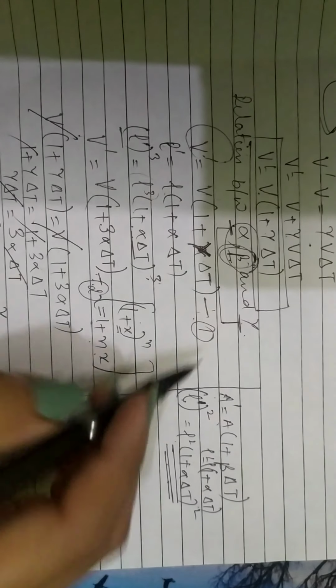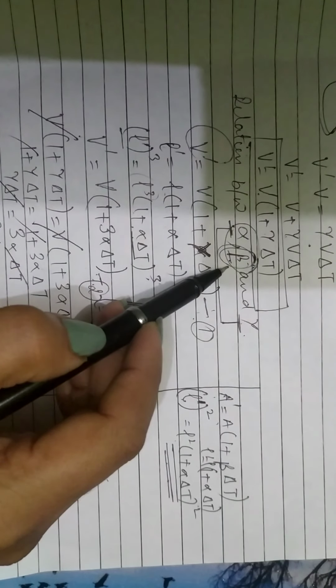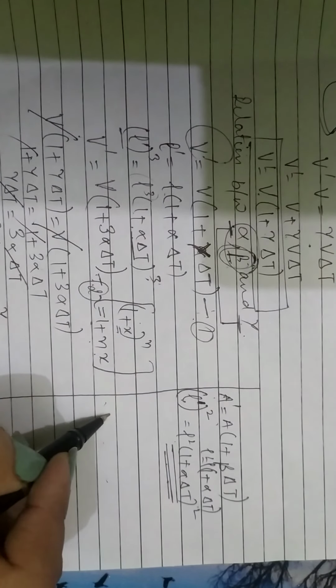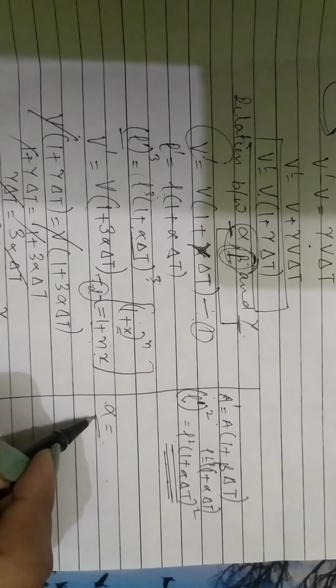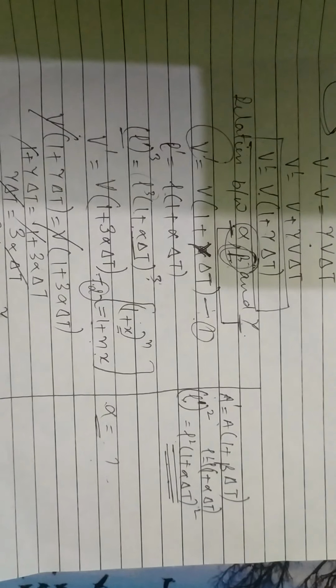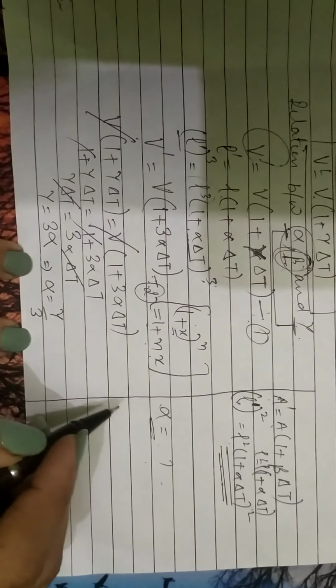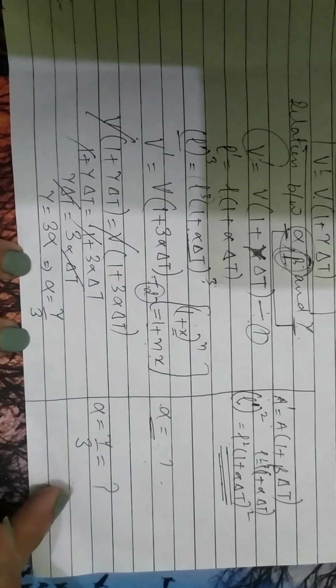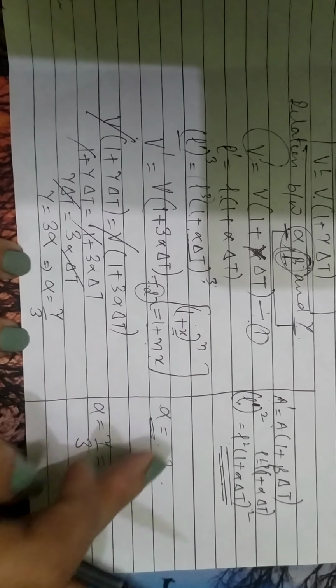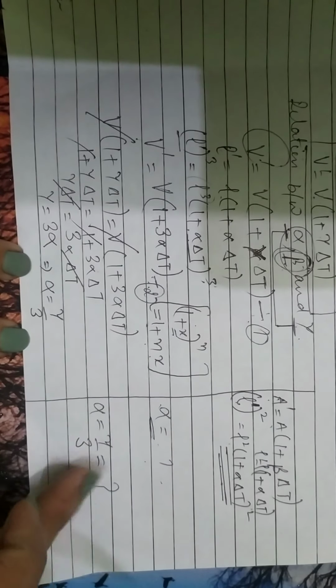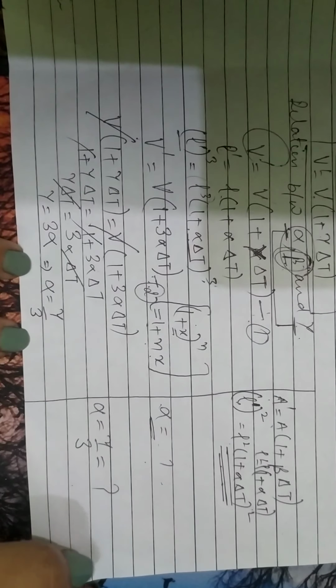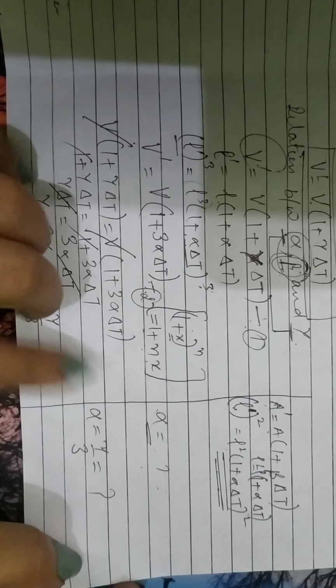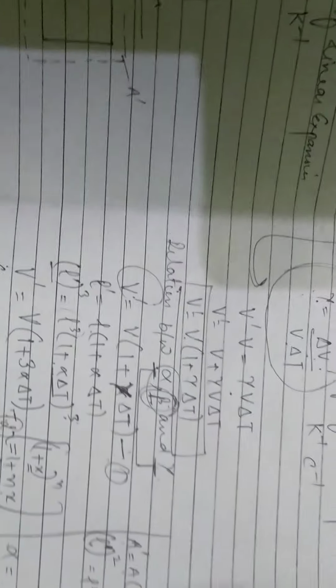What is the relation between alpha and beta? So whatever be the relation, from there find the value of alpha. What will be the value of alpha? So in the end we can write what is the relation between these three. Alpha is equal to gamma by 3, and here whatever you find out for beta, you will write here. So this is the relation between these three quantities. Okay, this is all about thermal expansion.